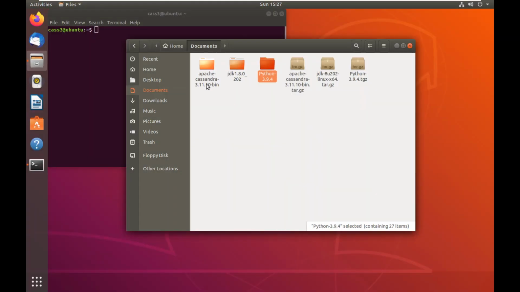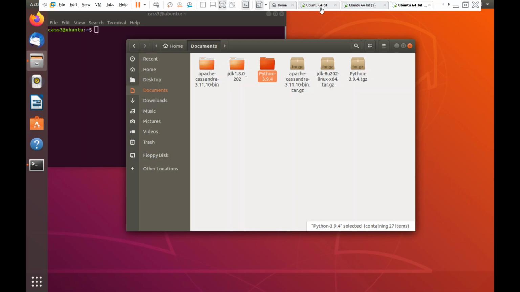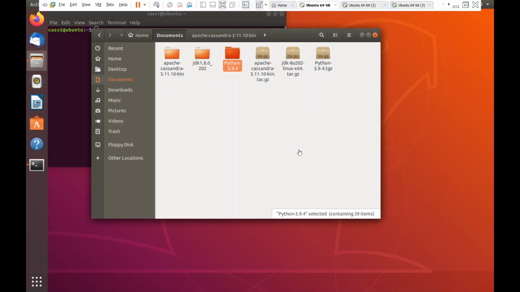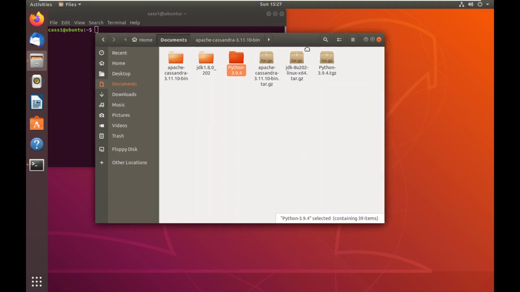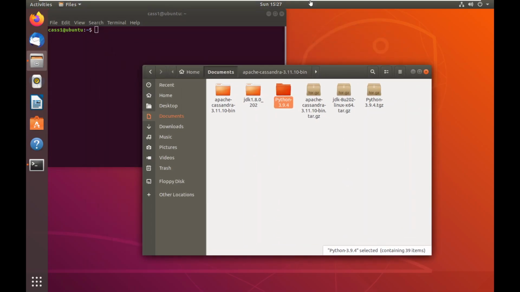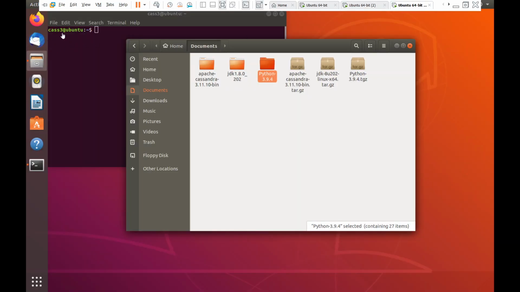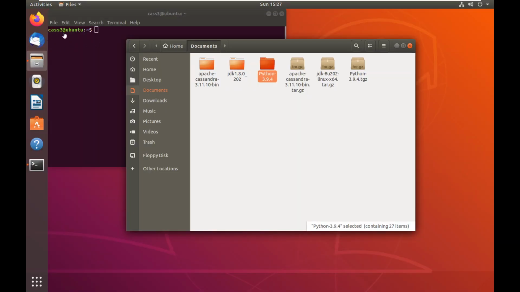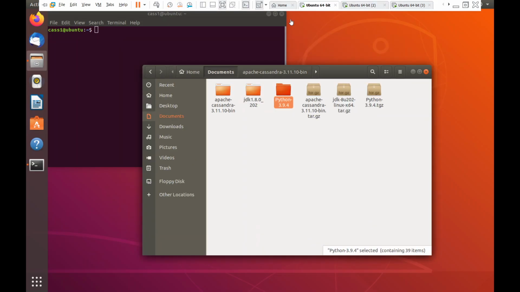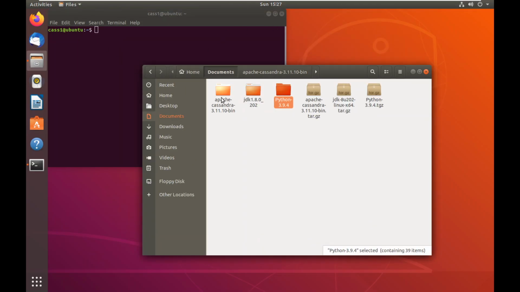As you can see, there's the Apache Cassandra file, the JDK, and the Python for all 3 different Ubuntu operating systems. So we'll do Cas1. I opened up a terminal on each one just so you guys can see when I'm switching over into different ones. You can see the name switch right there. So we're in Cas1 right now,